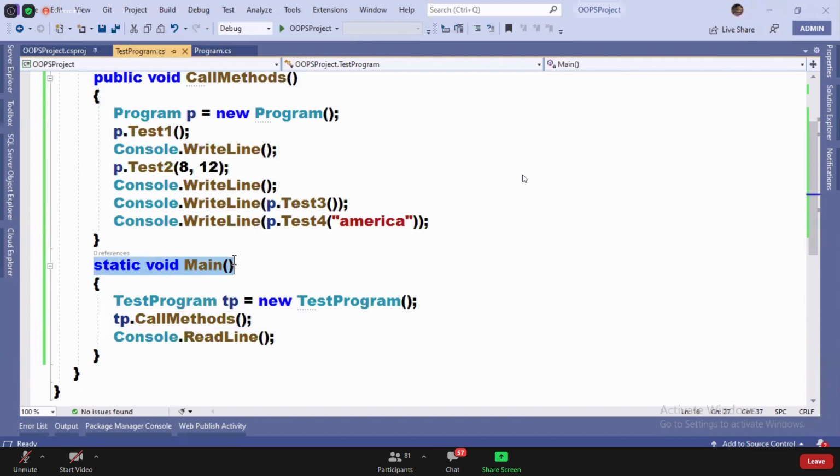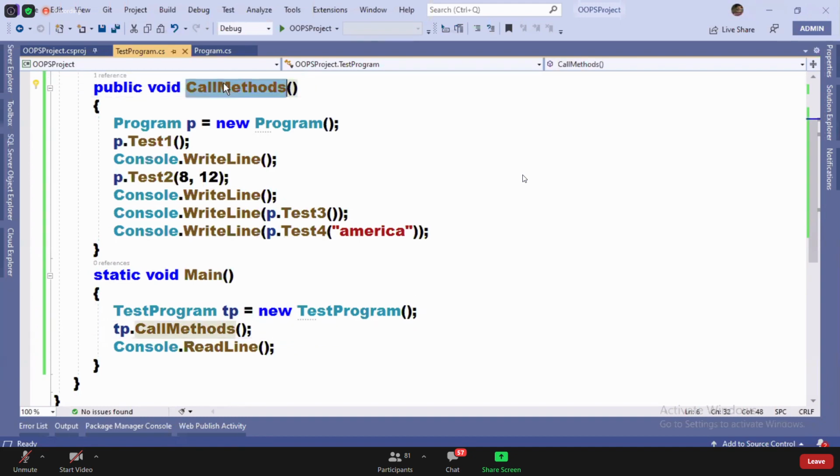Once the execution starts with the main method, the instance of the current class is created. What is the current class? TestProgram. After that, it will call callMethods, and the control jumps to callMethods. And callMethods will now create the instance of the Program class and call test1, and the control jumps to test1. Did you understand me?